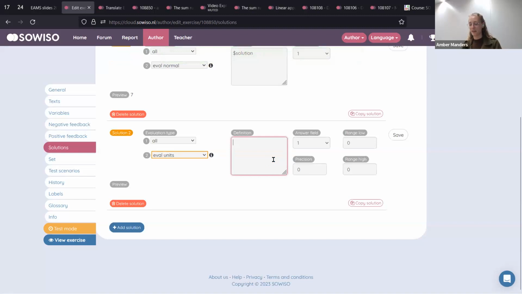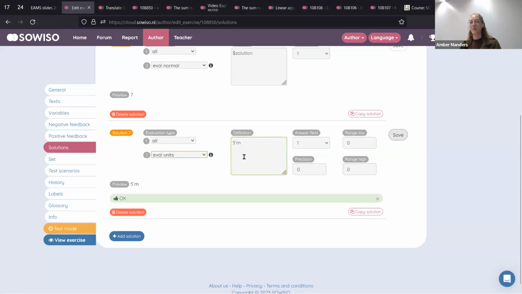And how that works is that you can say, for example, the answer is 5 meters. Then the student will actually have to put in 5 meters as an answer, or otherwise it will not be seen as correct. And this works automatically like the one we've seen with eval numeric. So we can put in a precision, for example. I just leave it at 0 for now, but maybe you want all answers between 4.9 meters and 5.1 meters to be correct, and you can change it here.